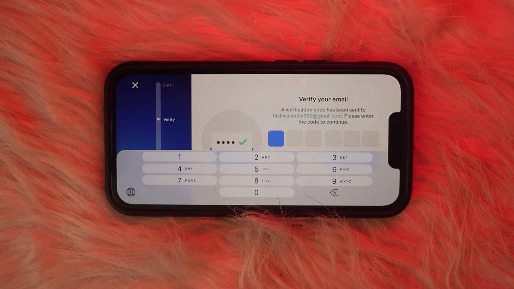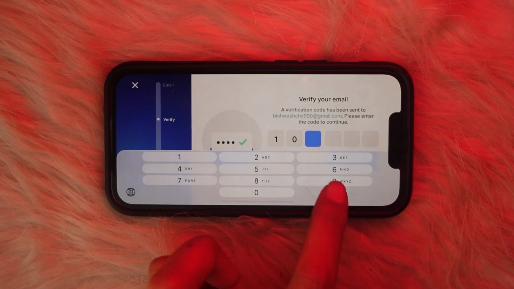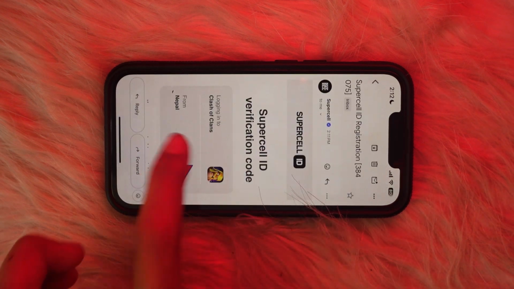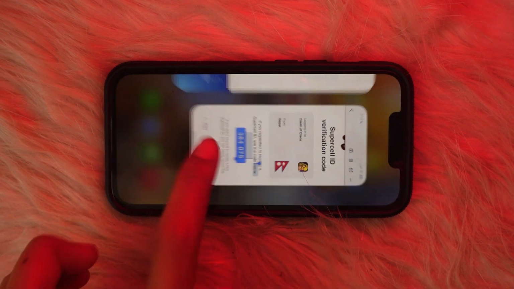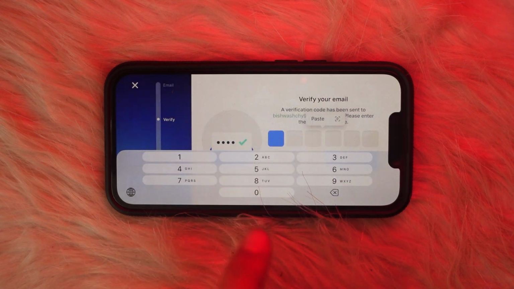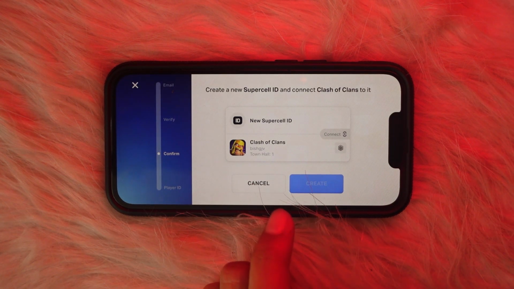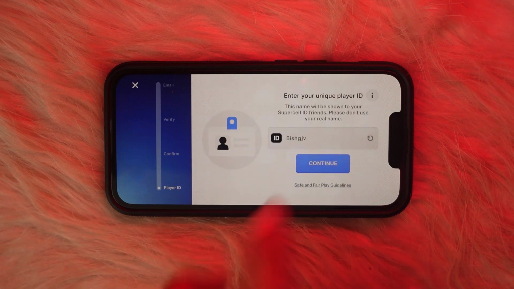Just go and check it out, and it might also let you paste it itself. Let me just do it manually. So go and check our Gmail, that's our code over there. Tap on paste button to paste, tap on submit button, and now tap on create account, and you have to